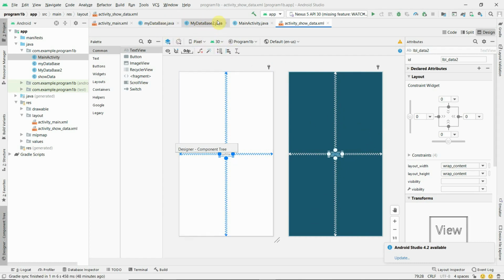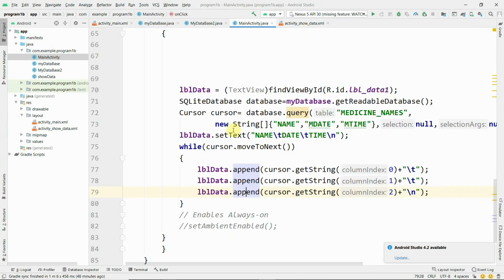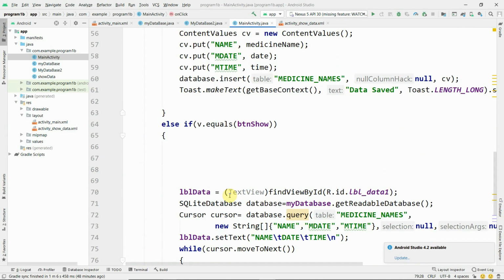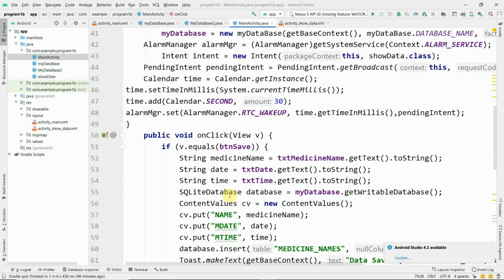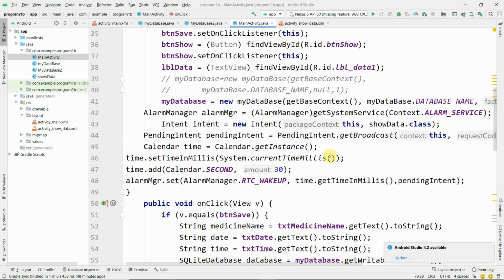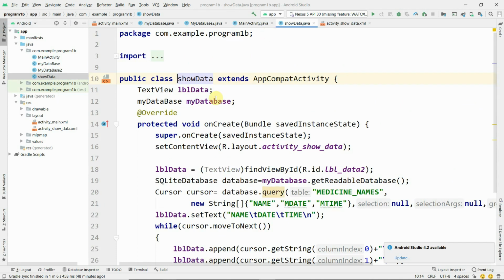But here in the main activity itself, all the records of the database will be displayed. And we have to code in show data dot class to show the content of those medicines which are expired. And this is the code of main activity dot class. And show data has the code to show the medicine which has an expiry date of the current date.